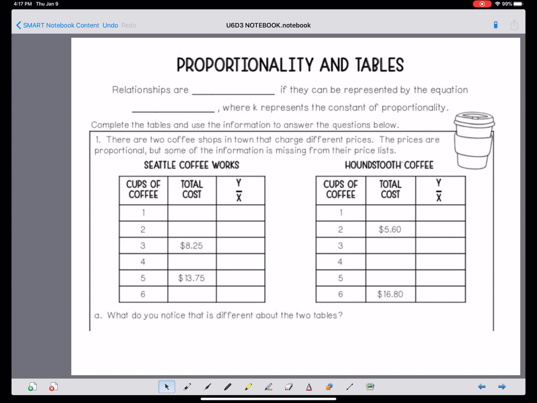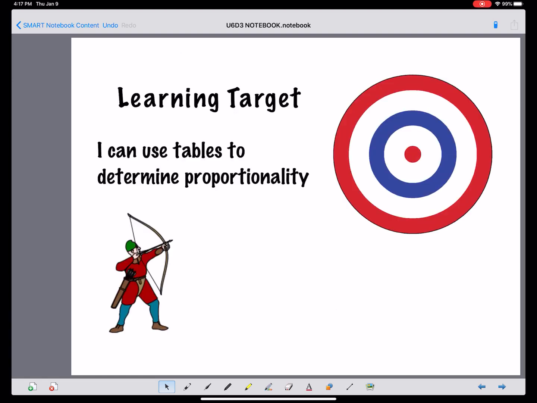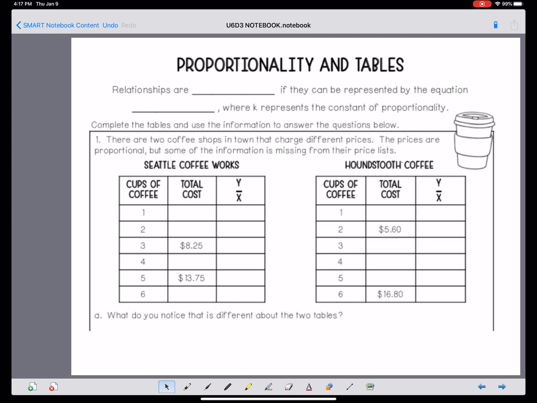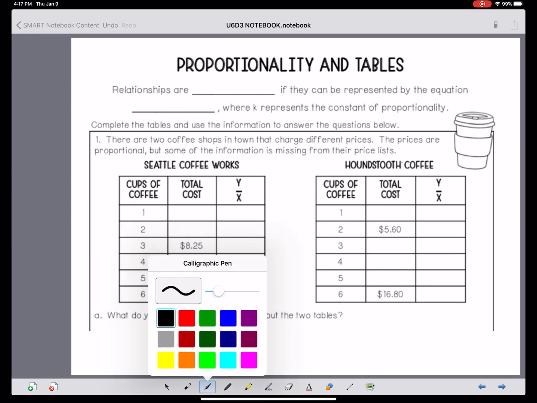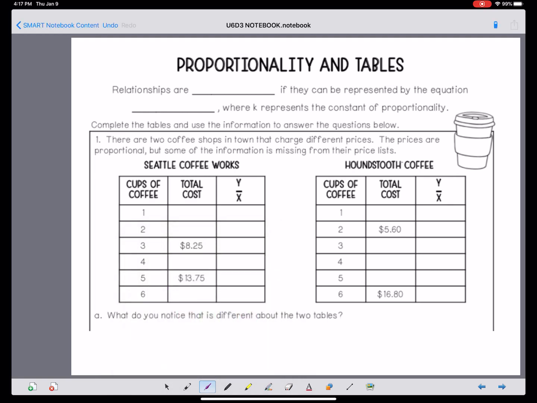All right, so here we are at Unit 6, Day 3. Our learning target is I can use tables to determine proportionality. So we're going to take a look at these tables over here and talk about how they are proportional. So let's go ahead and write in the first blank. Let's see what color I should do. We'll go with purple. Relationships are proportional if they can be